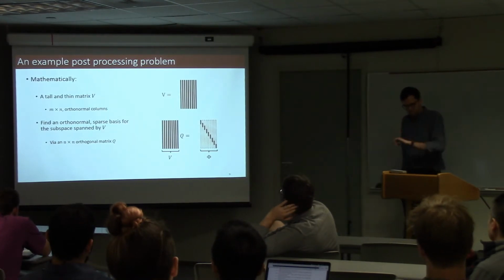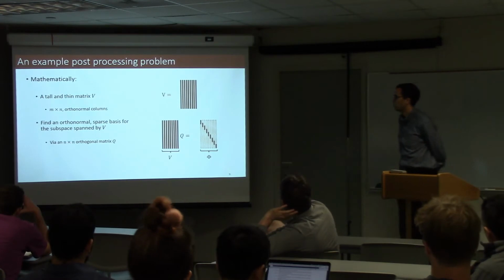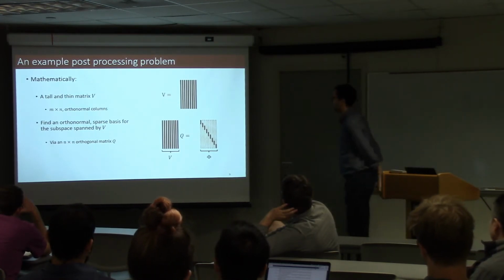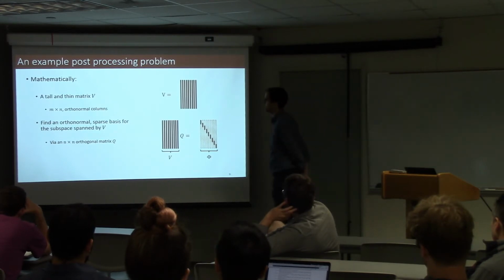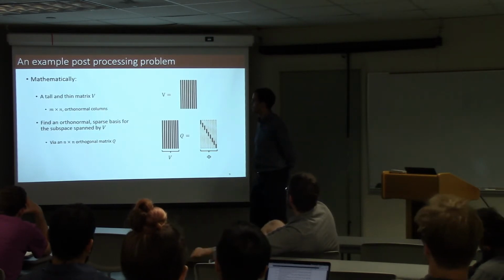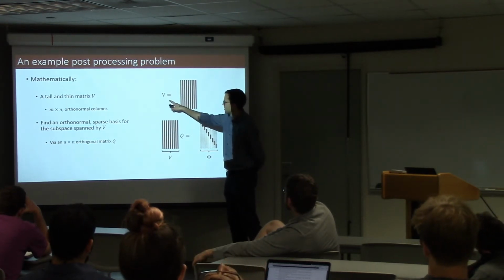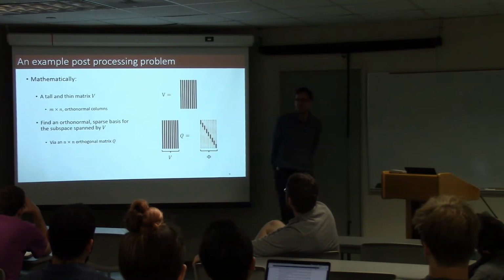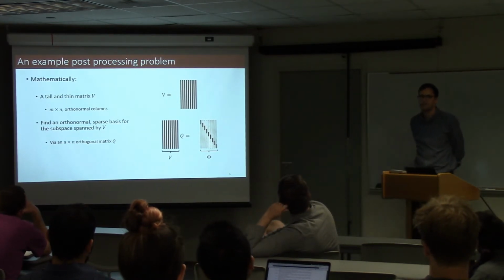So, actually, maybe for the sake of time, I'll do this quick and see some pictures. One example post-processing algorithm, one that some of you have seen me talk a little bit about before, is encapsulated in the following. For many of these problems, a reasonable paradigm is that I may compute the eigenvectors of my matrix, and let's say that's some tall, thin matrix V that has orthonormal columns, and I'm interested in finding a sparse basis for that subspace.